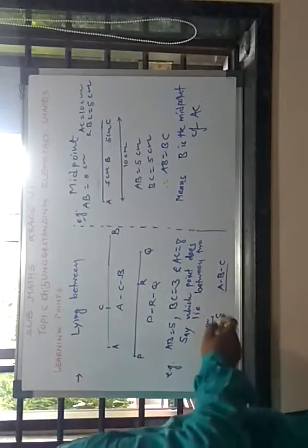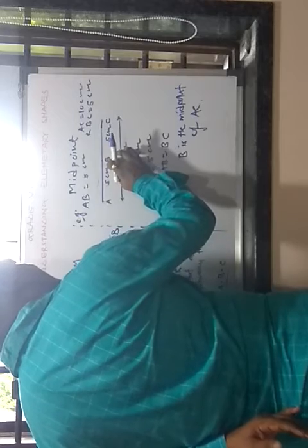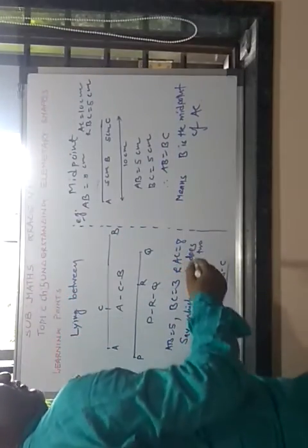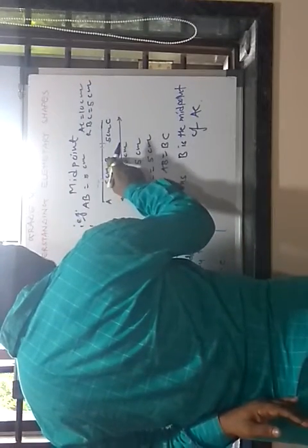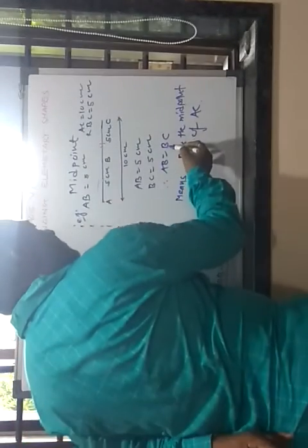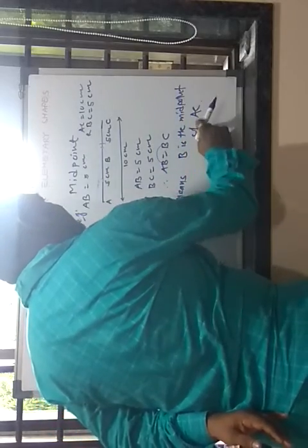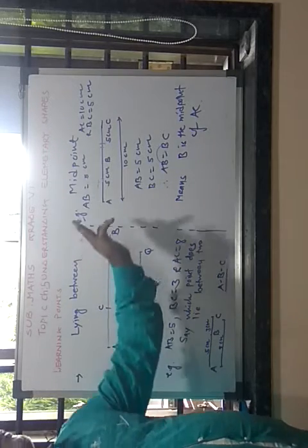So like this way you can see that here AB and BC. Here B is exactly lie between, means B is the midpoint of A and C. So here AB is equal to, sorry, AB is equal to BC. So you can say that B is the midpoint of A and C. Here AB is equal to 5 centimeter, BC is equal to 5 centimeter. So you can write AB is equal to BC. It means that B is the midpoint of AC. So students, clear this difference between line and midpoint.